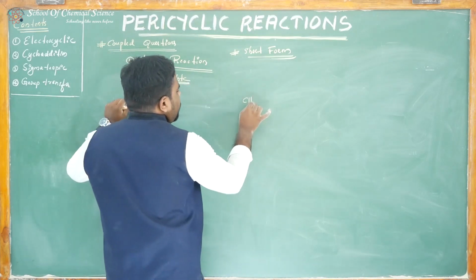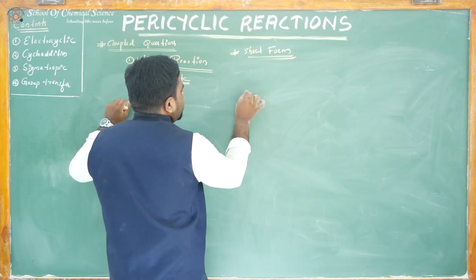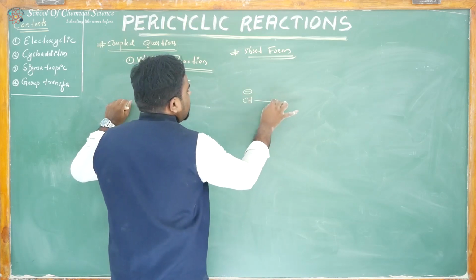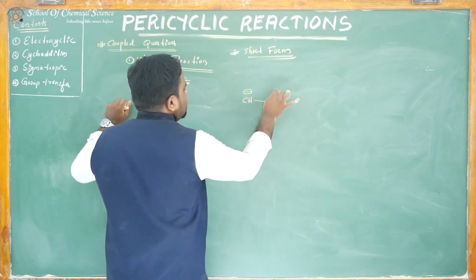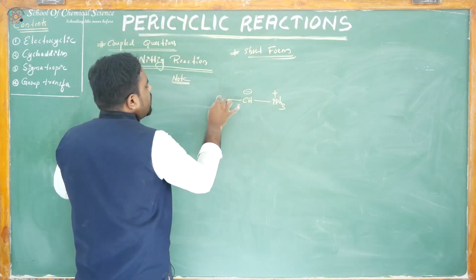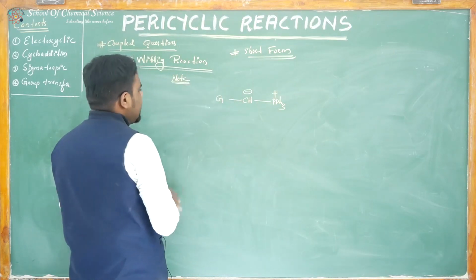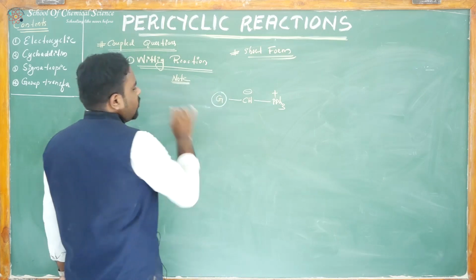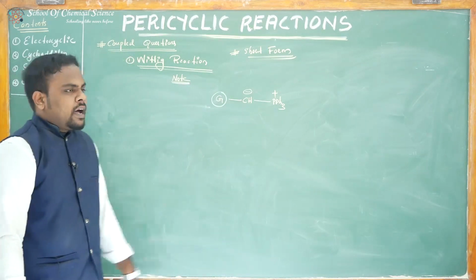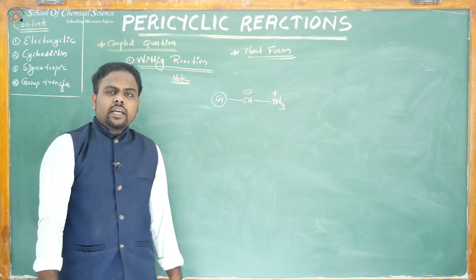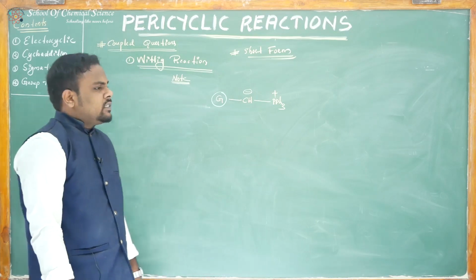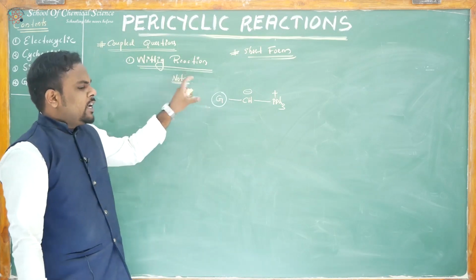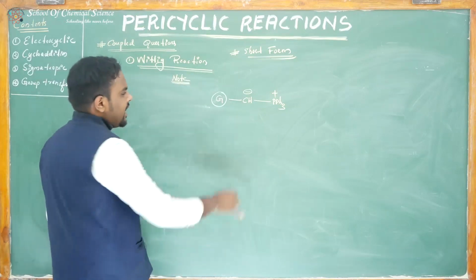This is a phosphonium ylide, CH⁻–PPh3⁺. Here a group G is present. Group G may be an R group, CH3, NH2, CHO, OH, any group. Okay, if